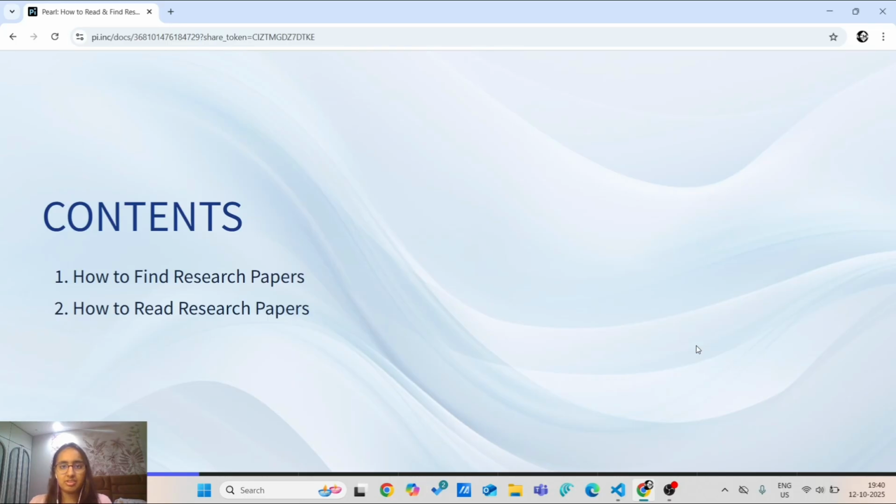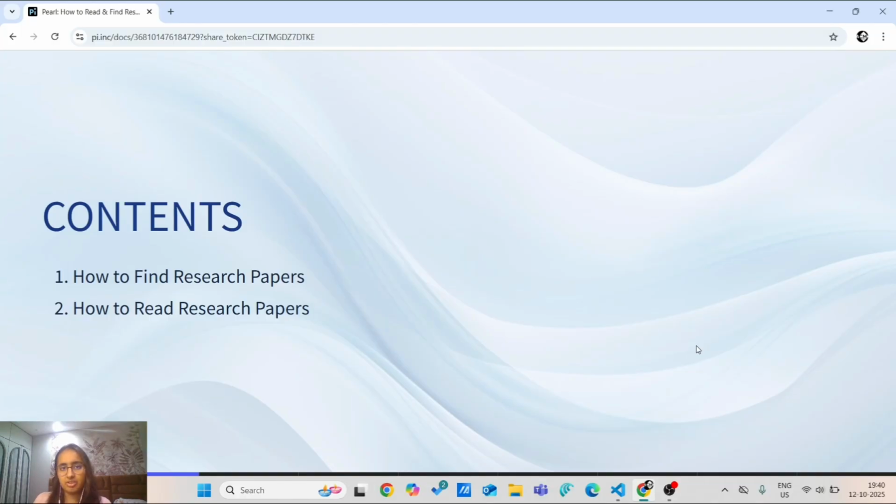In order to start your research journey, you would first have to decide the topic of your own. That is a primary domain and a secondary domain. Once you have decided what topic you're going to research into, for example, agentic AI or reinforcement learning, you would have to have a secondary domain.